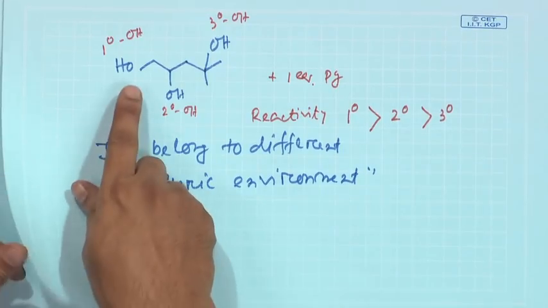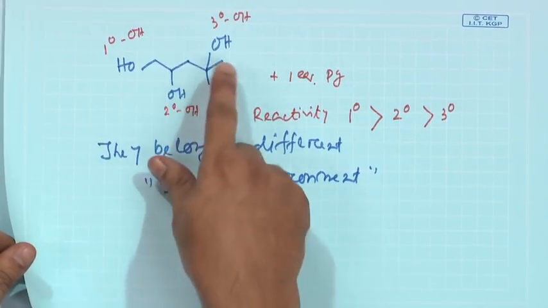As I said, the primary alcohol will be protected first, then secondary, then tertiary. So, we will try to figure out